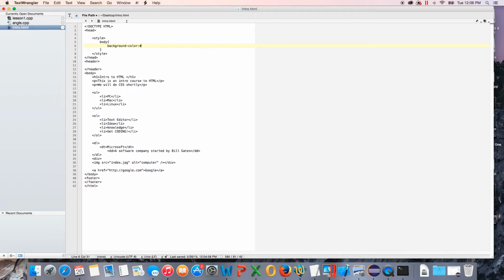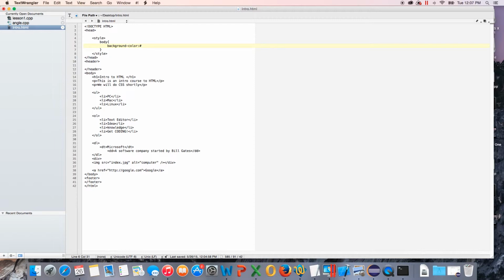Alright, and if you want to use hexadecimal, you can. Most modern browsers, though, you can just tell it a color. But if you really want to get into it with giving your own colors, then you really need to know hexadecimal, which is easy to look up. There's tons of hexadecimal guides and color wheels. So for this one, I'm just going to do hexadecimal, and let's say we want it to be,